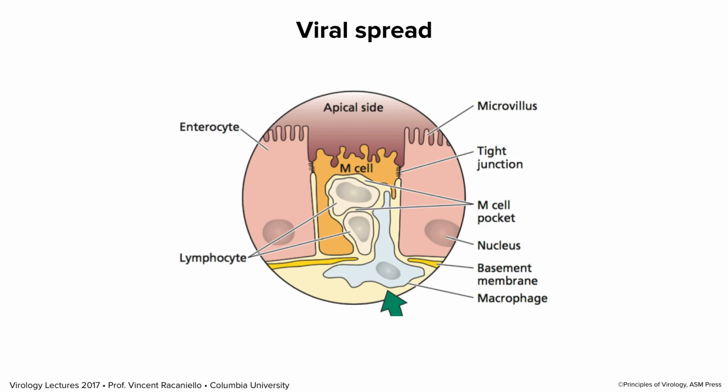Sometimes they're picked up by immune cells that are sticking through. You see, some immune cells like macrophages have a way of getting through the basement membrane. They can disrupt it. So the basement membrane can be disrupted by cytokines that are produced in response to virus infection. That's called inflammation. So inflammation loosens up the basement membrane. Why? So that immune cells can get through, and this can be in the gut or the respiratory tract, and try and clear the infection. Of course, the downside is that viruses can then get through the basement membrane.